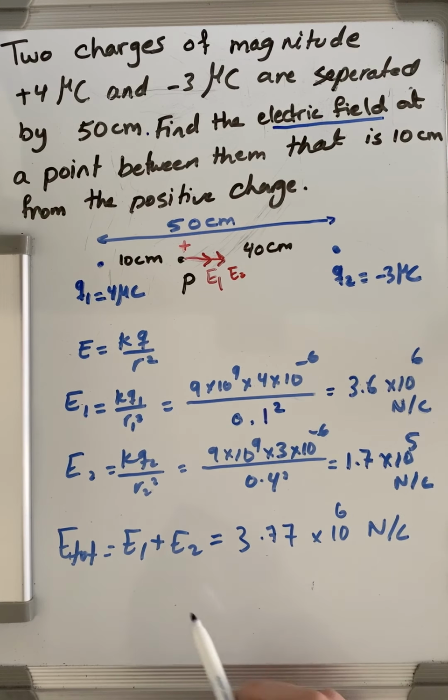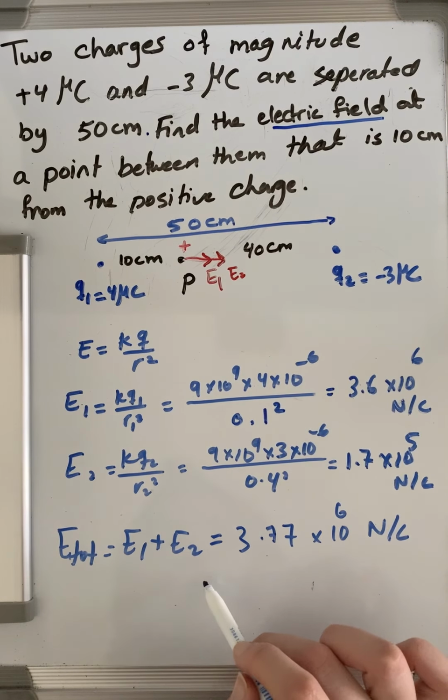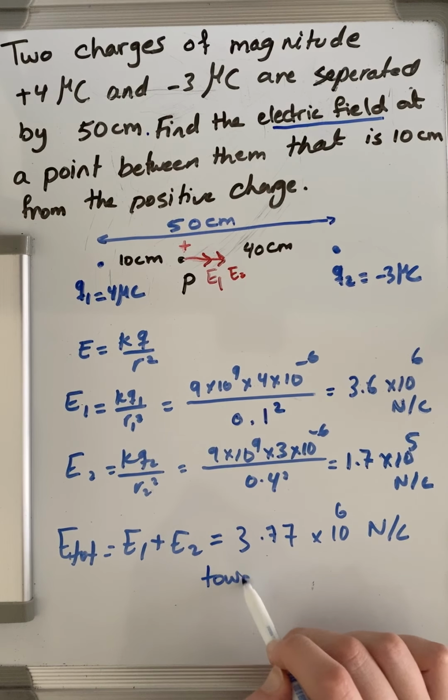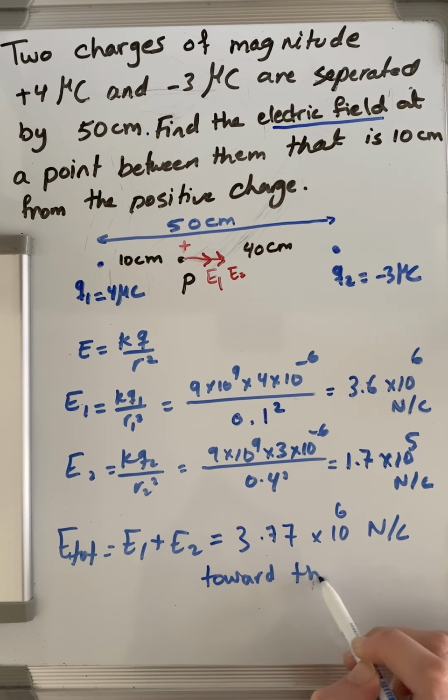Since it's a vector quantity, you need to state the direction. Let us say pointing toward the negative 3 microcoulomb